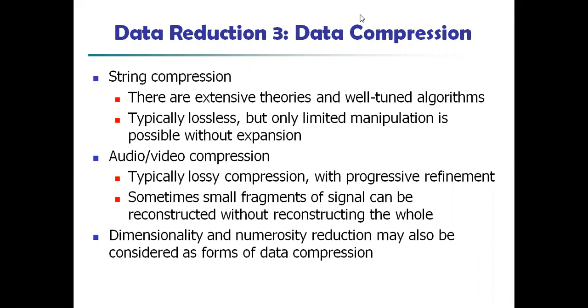In data compression methods, we apply transformations to obtain a reduced or compressed representation of the original data. So here we are not reducing the original data, but giving a compressed representation of it. The data reduction is lossless. That means we are not eliminating or losing any data from the original data. If the original data can be reconstructed from the compressed data without any loss of information, it gives assurance that once it has been compressed, if I want to go back to the original data, the entire data set will be available without any loss of information.